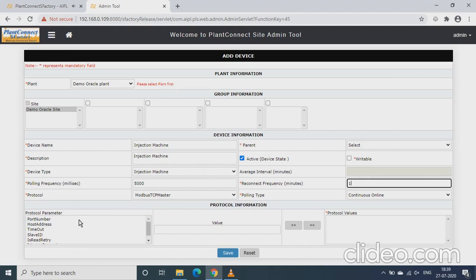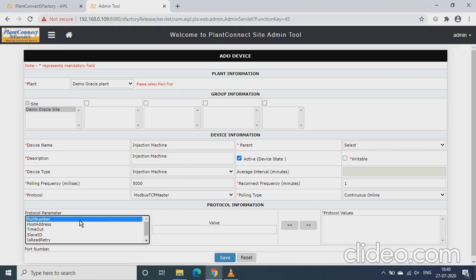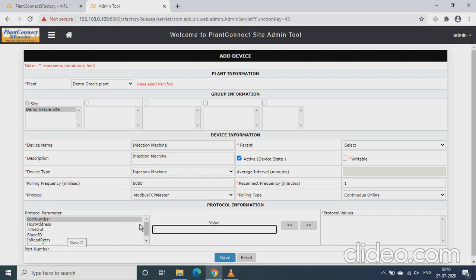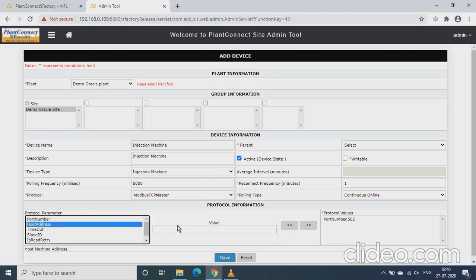So under the protocol parameters, you need to add the port number, so this is the configuration needed for the Modbus TCP. In my case, the port number is 502. Then the host address of my injection machine is 192.168.0.109.